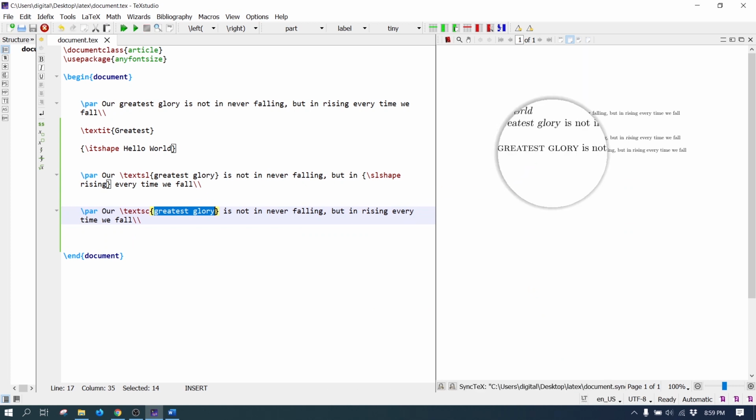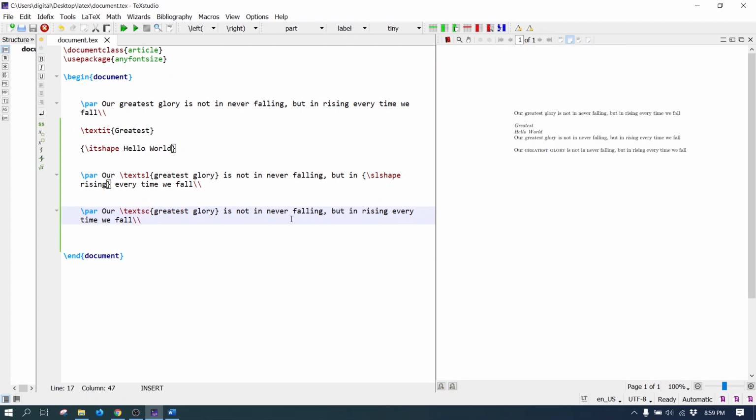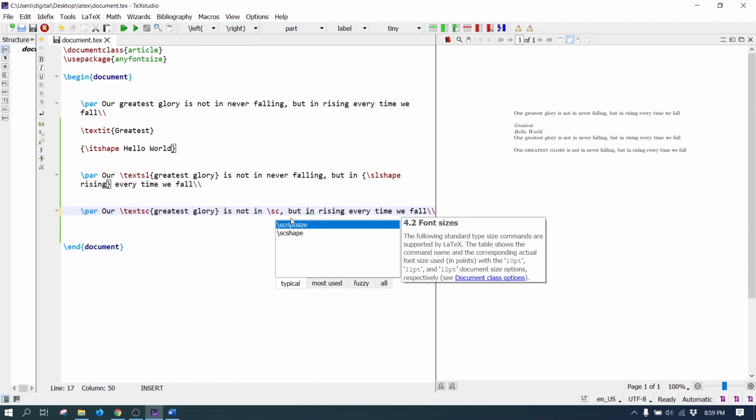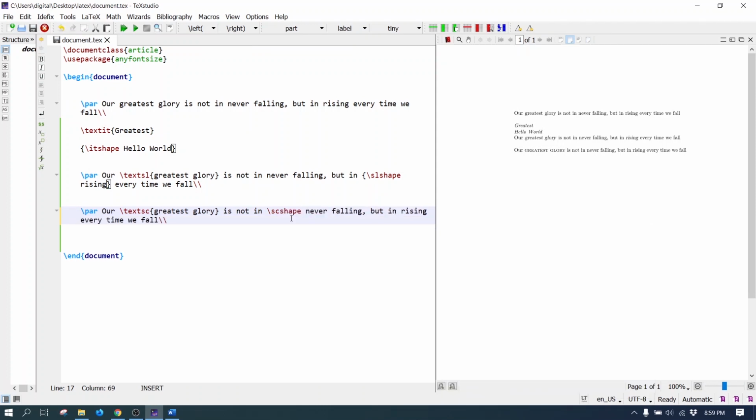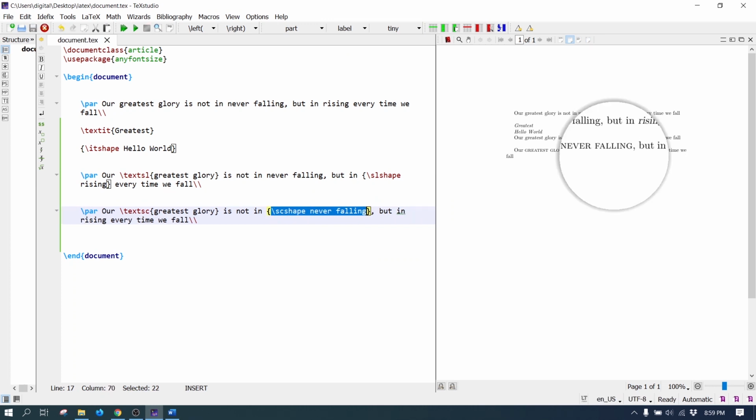Now greatest glory is in small caps. Similarly, the second command is scshape. Write it in curly brackets. Now never falling is coming in small caps.